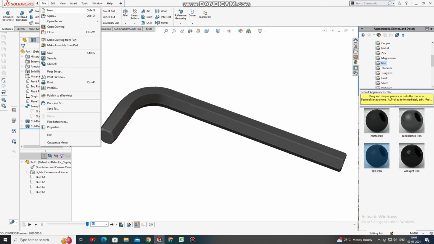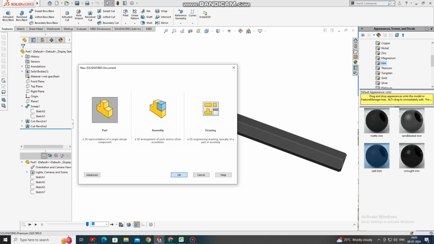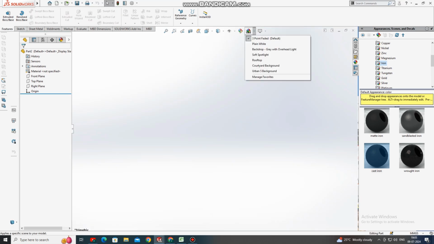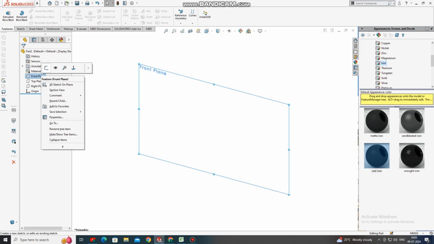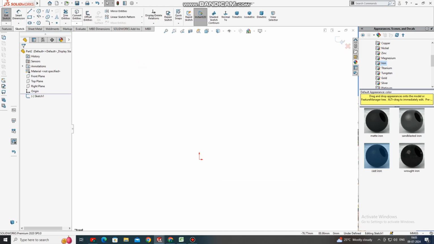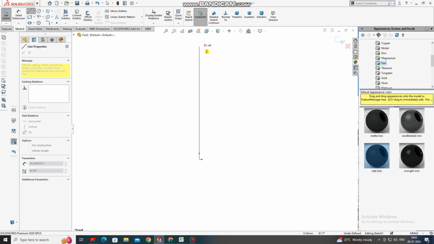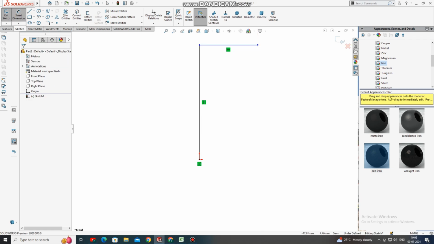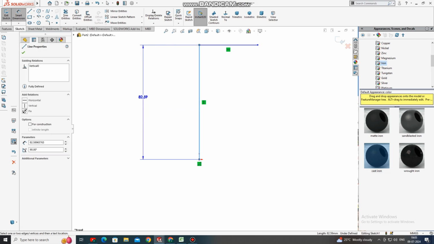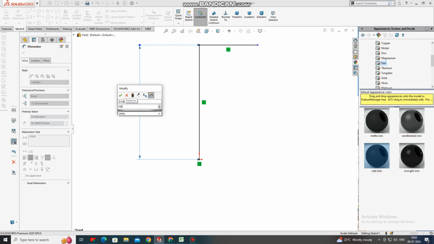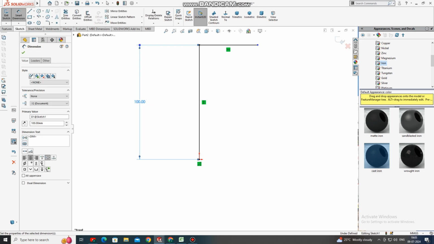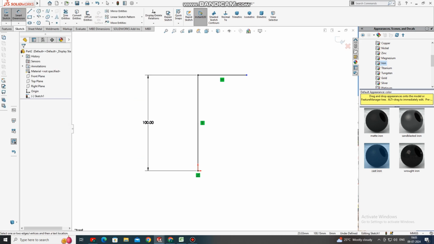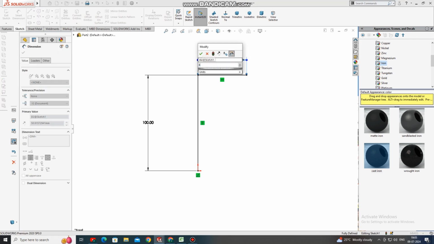So here just see, go to the file, select part, okay, and now here we change the background to plain white. So it's time to create this sketch. So better to select front plane, right click, sketch normal, and here we create one line here. Again we select this point and create line up to here, okay. Now go to the smart dimension, select this line and make it 100 mm, okay. Now again we select this line and make this line